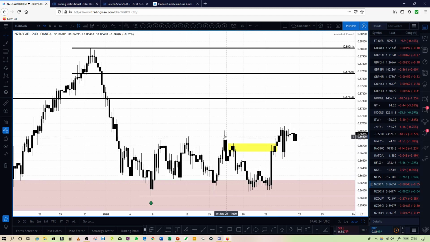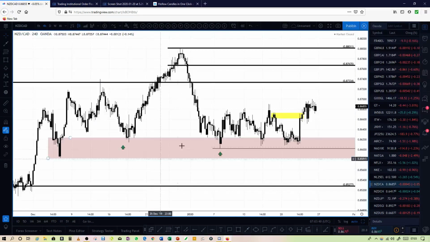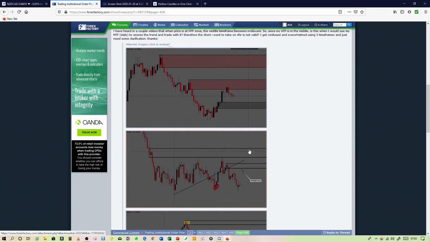So what I would suggest is, if you are going to short a market that is rising at all, you would want it to be in more suitable locations, i.e. big picture supply, and prices not sitting or struggling to get through to new lows when it's also in the middle time frame area. Yes? So just be mindful of that. So I hope that helps your thought process, Telepath.